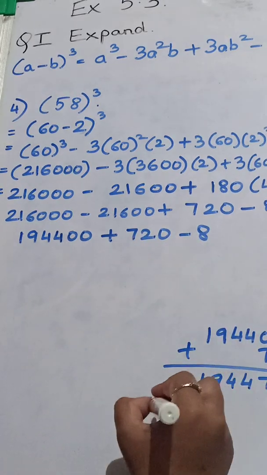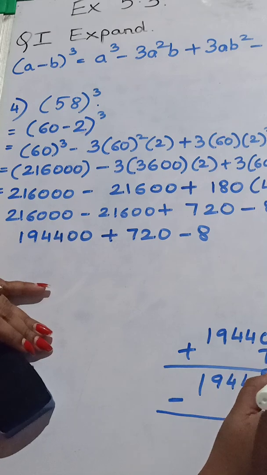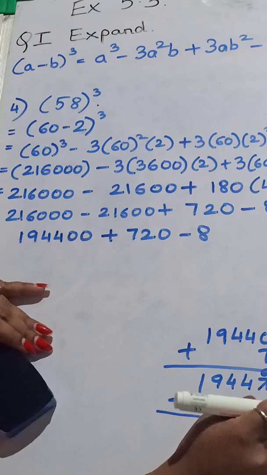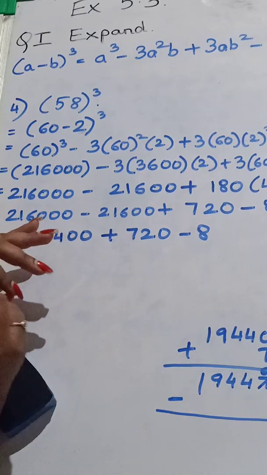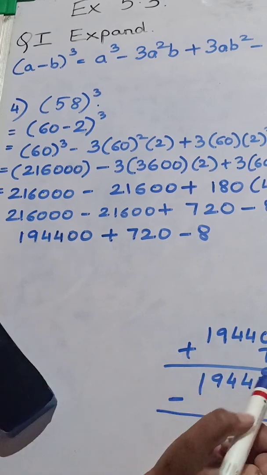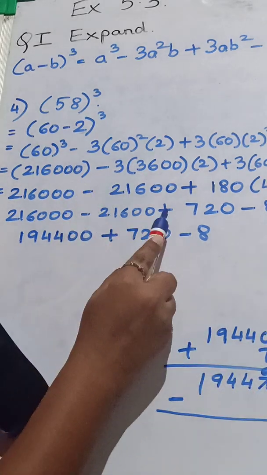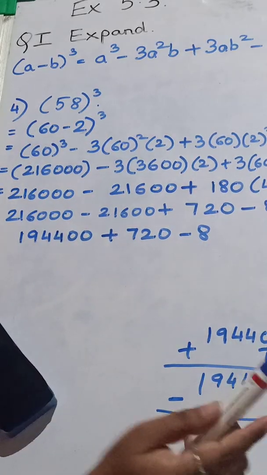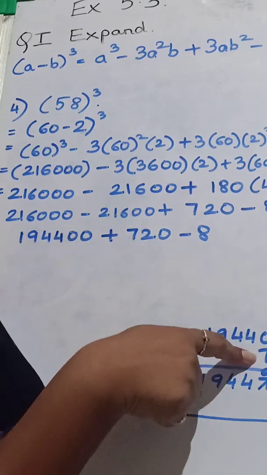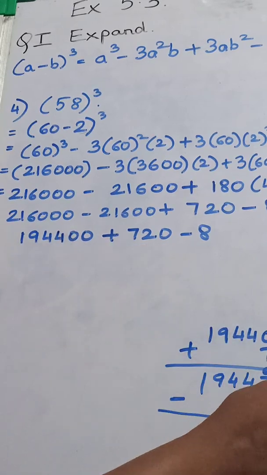So here we'll minus it as 8. Cancel this, this becomes 6 here. 12 minus 8 gives us, after 8, 9, 10, 11, 12. Okay. So here we took 194400 plus 720. I have done one mistake here. What I have done, I have just taken 72 here. But the total here is 720.